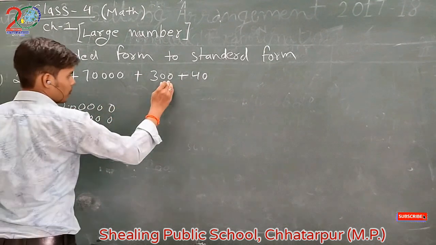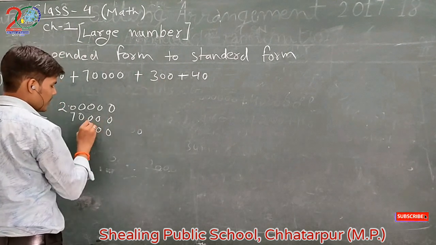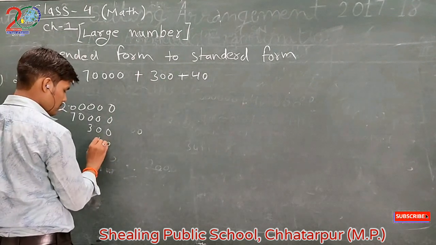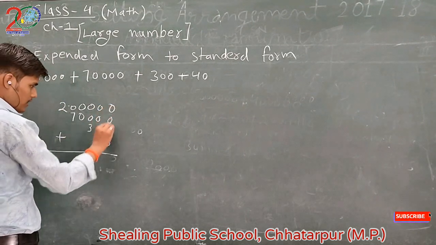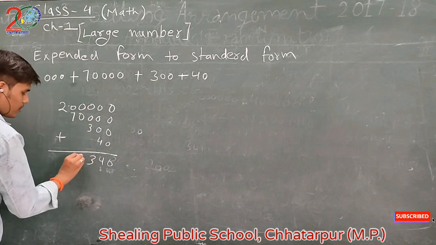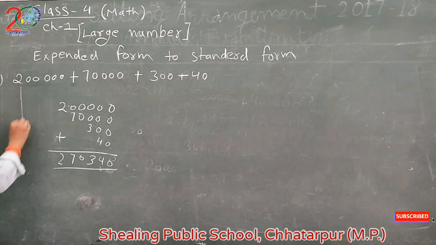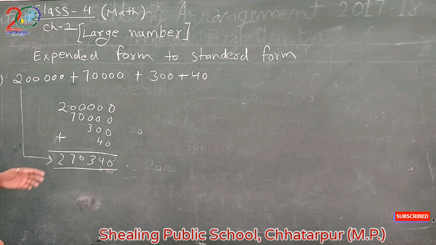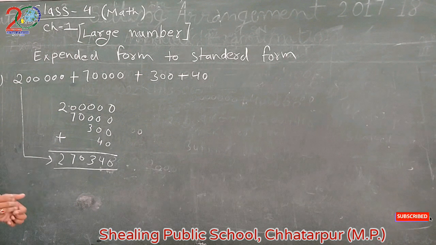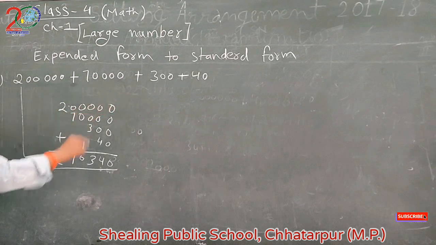We also take this like this. Here is the ones value, then tens value, then 100 value. Then last one. Now we add that one. So here is a 0, here is 4, here is 3, here is 0, here is 7. So we write down the standard form, expanded form to standard form like this. Okay. So we know how to write down the expanded form to standard form. It's very simple because here is only add that all number.